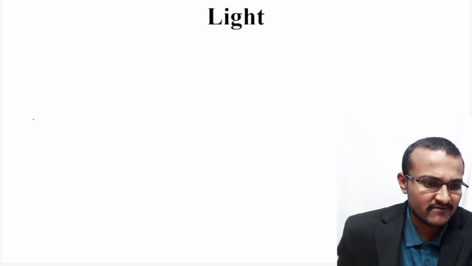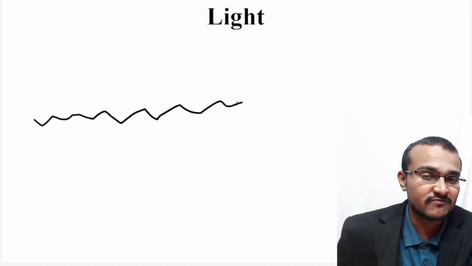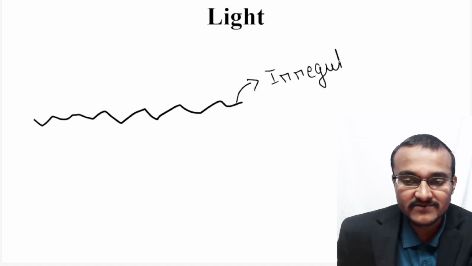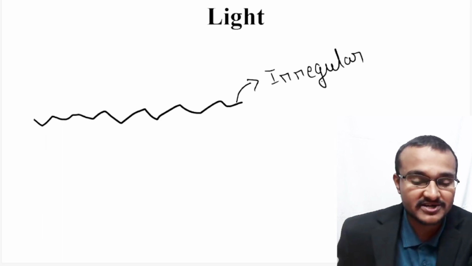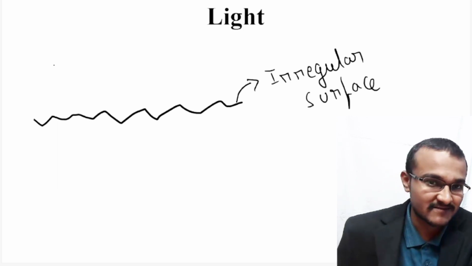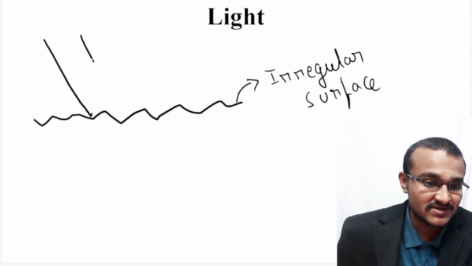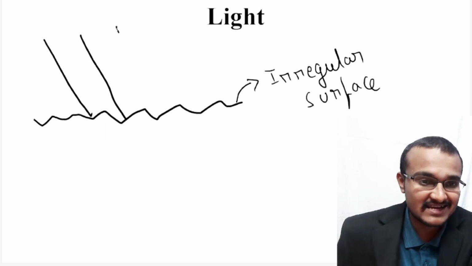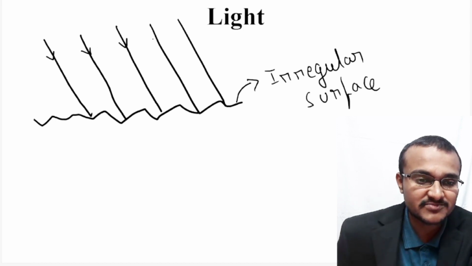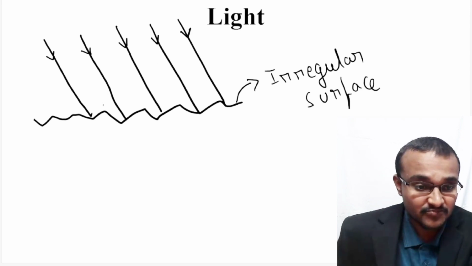Now let us say we have a mirror which has a lot of irregularities on it, like this. This is one kind of mirror surface which is known as an irregular surface, because there are a lot of irregularities present on this mirror. Now if we strike light on this mirror surface, let's say parallel incident rays are incident on this irregular surface. You can see all the incident rays incident on this mirror surface are parallel to each other, but the reflection will not be parallel, because